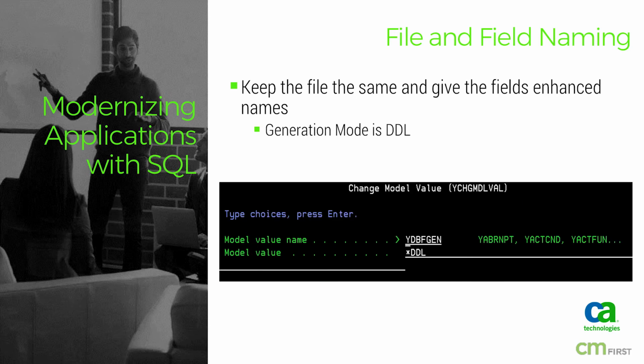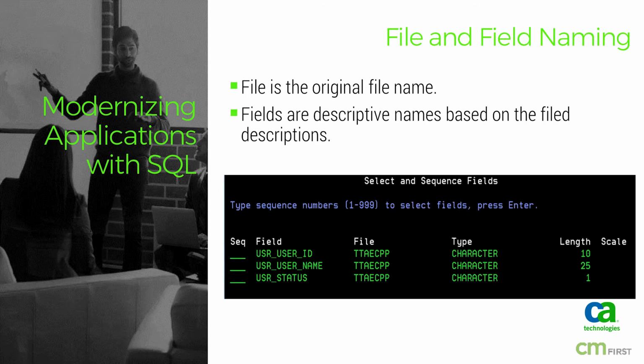The last thing we'll change is we're going to set the database to start generating in DDL. All of this is going to be for anything new. As with most model changes, it doesn't impact the things that have already been created. So this way you can set it for things going forward and then slowly work your way backwards. With these options, the way we have it set up, we've kept our original file name. We're able to see the fields with much more descriptive names.